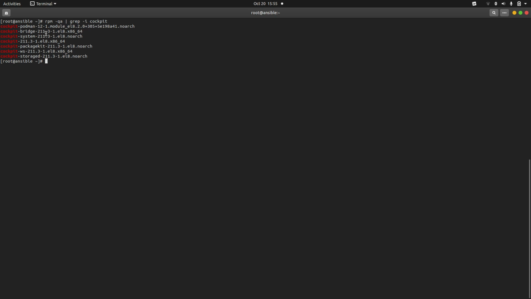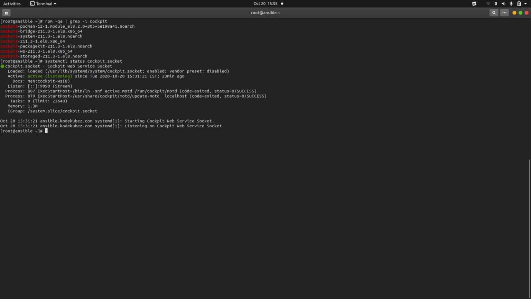Now let's see systemctl status cockpit.socket. All right, the cockpit.socket is the service. It is up and running. Now if we scrutinize these logs, we will understand that this is listening to port number 9090,